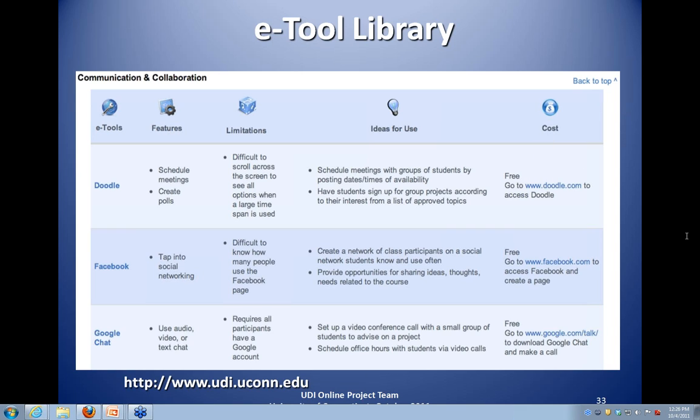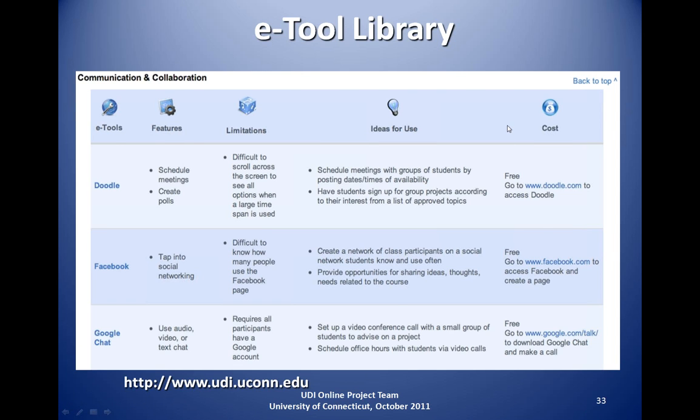or ways that students could collaborate more directly. You could come directly to this portion of the e-tool library, and you'll see a series of e-tools listed out in this table. And what you see in the table are some of the main features, some of the limitations that we've identified and that have been identified by faculty members or within the literature, and then also a range of ideas for use. So this just kind of gets you thinking about some ways this could be used, and by no means is that list exhaustive. Creative faculty members may find other ways to use e-tools for different purposes. And then next you'll see the cost and how you can access that information.